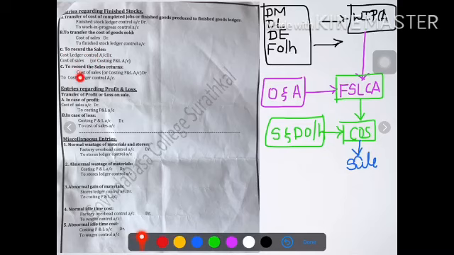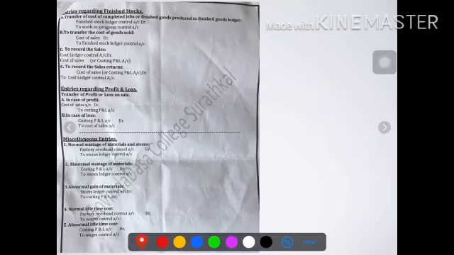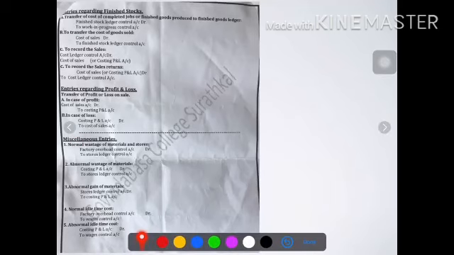The sale of goods would either result in profit or loss. What do the rules of nominal account say? Debit all expenses and losses, credit all incomes and gains, isn't it? So whenever we incur the profit, the costing profit and loss account will be credited, as credit all incomes and gains, to cost of sales account. Similarly, when we incur the loss, the costing profit and loss account will be debited. Next comes the miscellaneous entries.